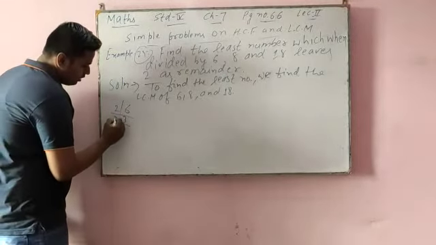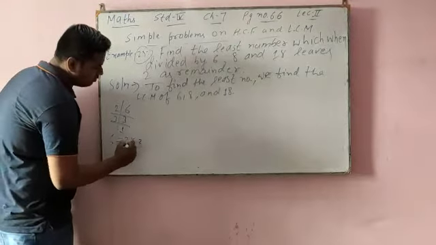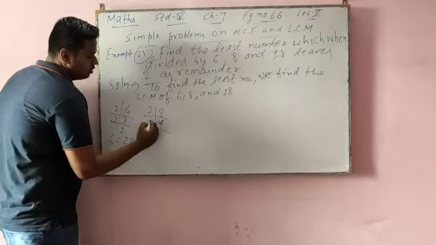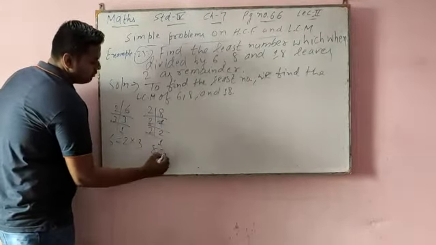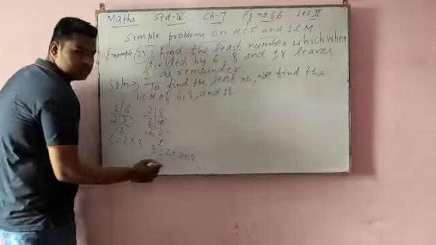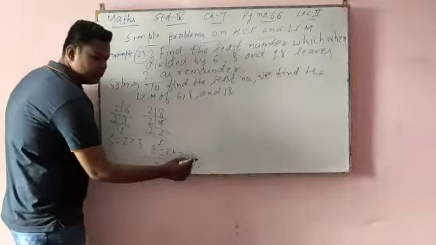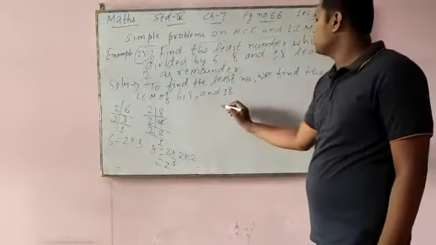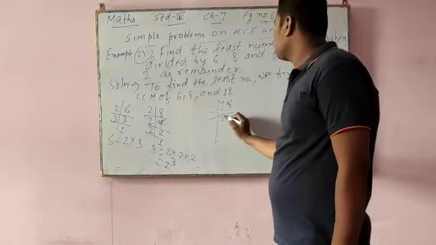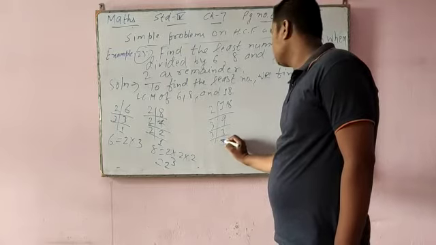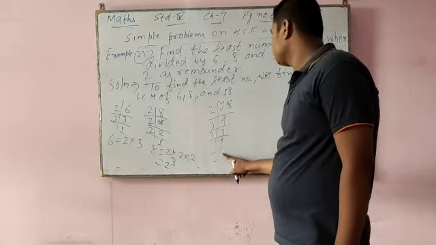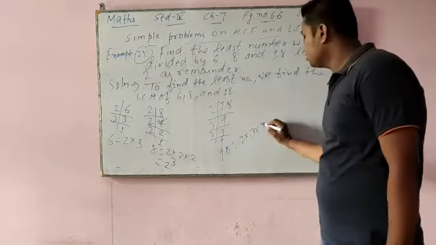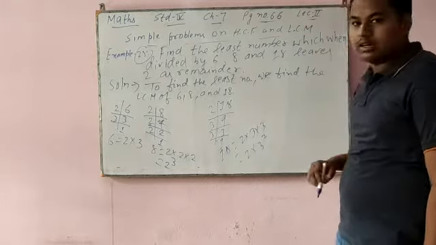By prime factorization, 6 is 2 times 3, 3 times 1. So prime factorization will be 2 into 3. 8: 2 times 4, 2 times 2 and 2 times 1. So 8 will be 2 into 2 into 2. So there are three 2s. All are 2. So I will give the power: it shows that 2 appears 3 times. Now last is 18. 2 times 9, 3 times 3 and 3 times 1. So 18 I can write as 2 into 3 into 3, that is 2 into 3 to the power 2.